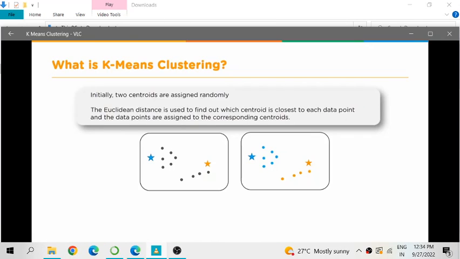The machine randomly chooses two centroids, and for these two centroids, for whatever data points are there in our data set, we calculate the Euclidean distance. So what is the distance of